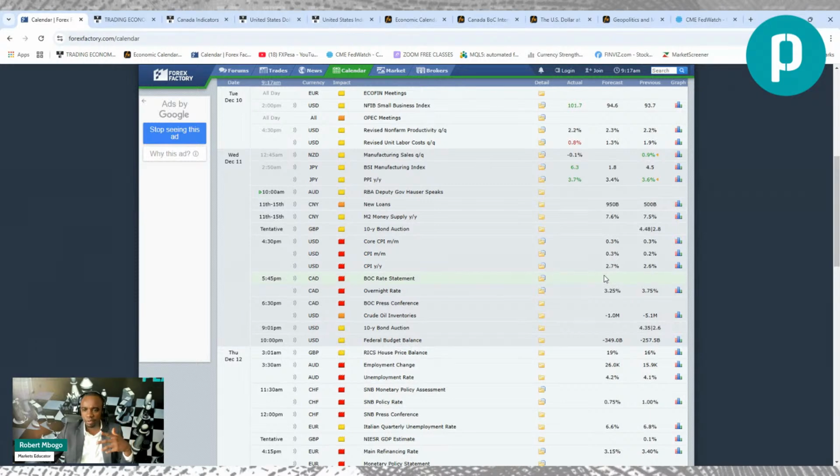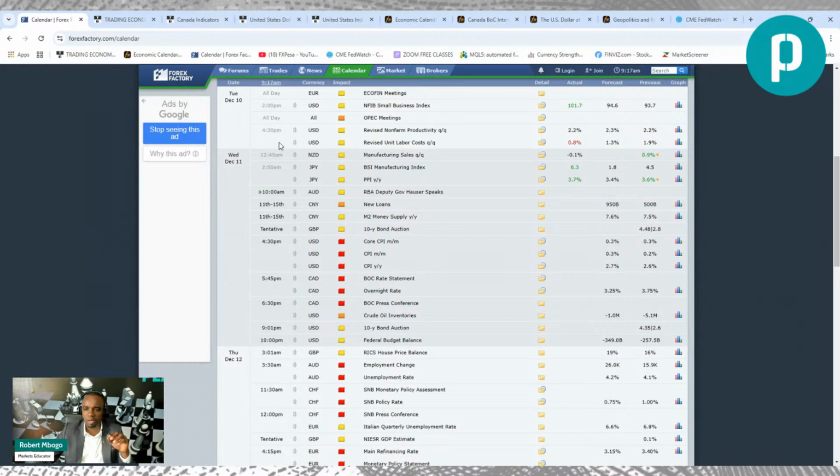Let's have a look at this data and try to understand what it means. The CPI month on month was 0.2%. The forecast, what investors are saying, is that it could go up to 0.3%. That means the rate of inflation in the US has gone up. If that's the case, what should be the expectation? The dollar will strengthen, because ideally, when inflation goes up, the expectation is that the Fed would increase interest rates. But in this case, we've been cutting the interest rate, so maybe there could be a pause.